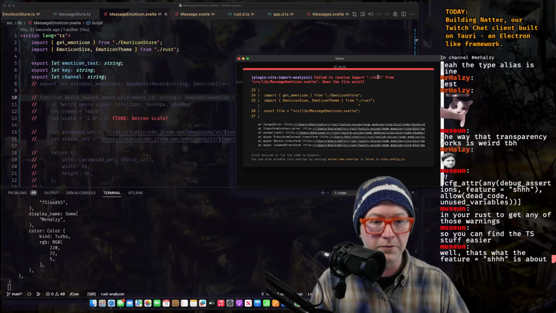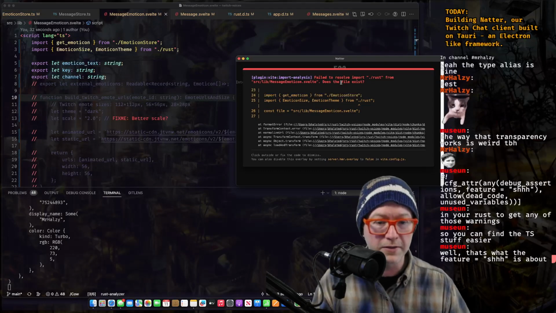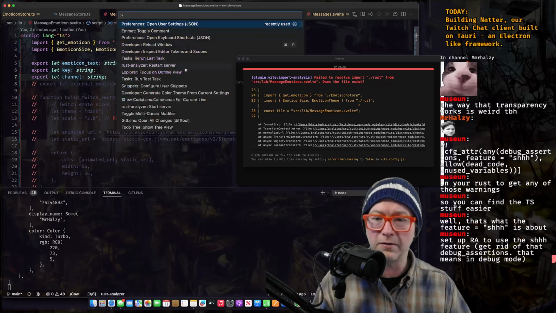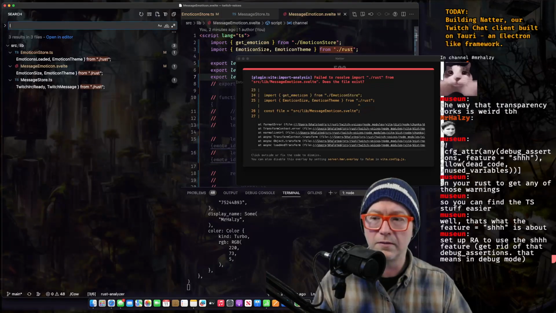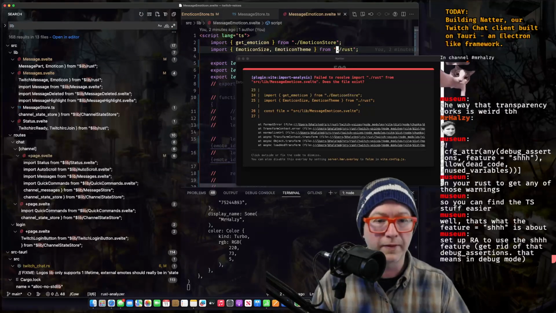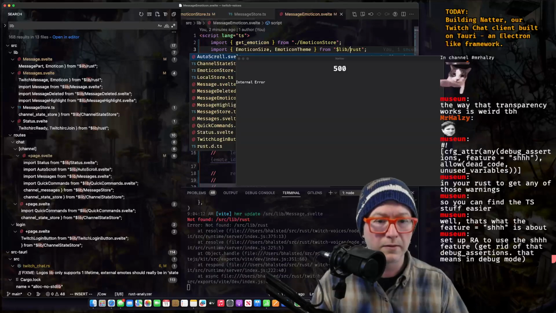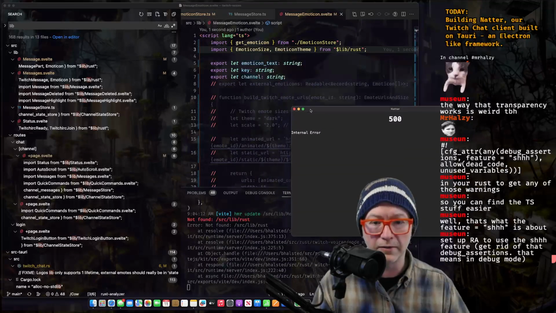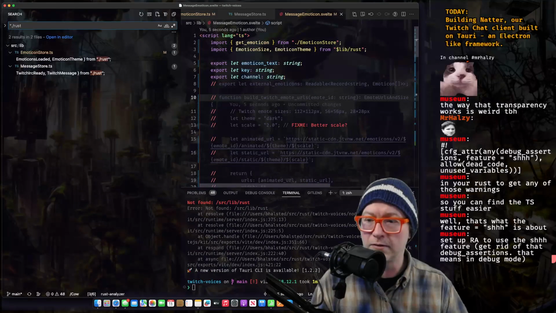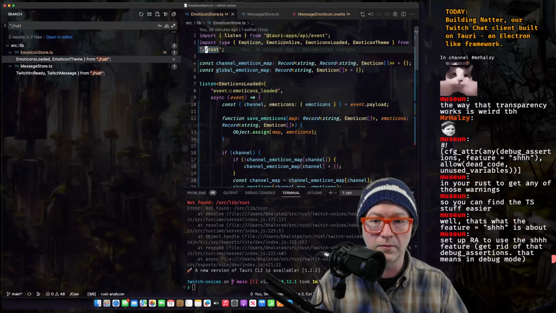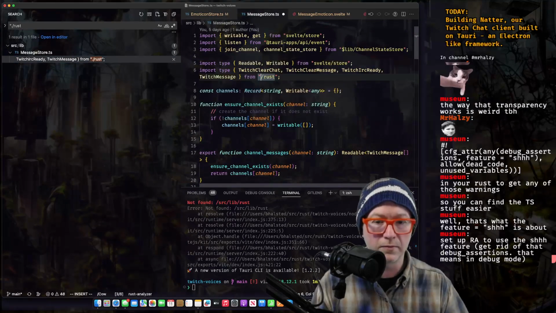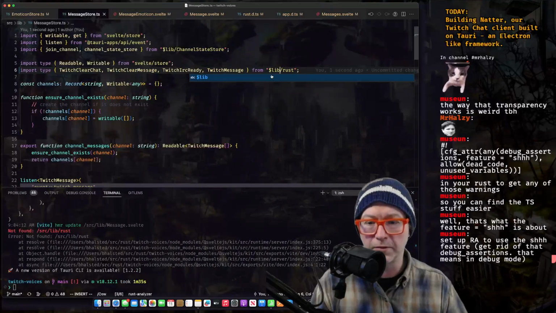Failed to import, resolve import Rust from there. Does the file exist? What about lib Rust? Maybe that would work better? That does. Okay. Let's fix the others that are just pulling in from /rust.